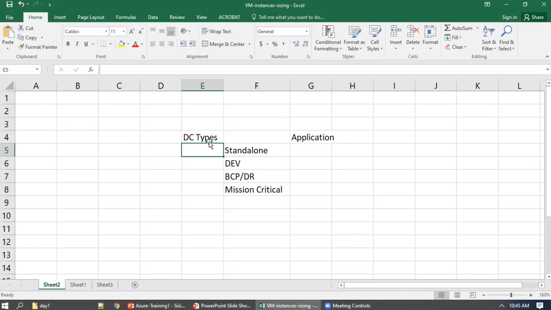So we will classify them as tier 1, tier 2, tier 3, tier 4. Tier 4 is a mission critical data center for any critical application offering. The same way, now we need to know how I can match applications to these data centers.